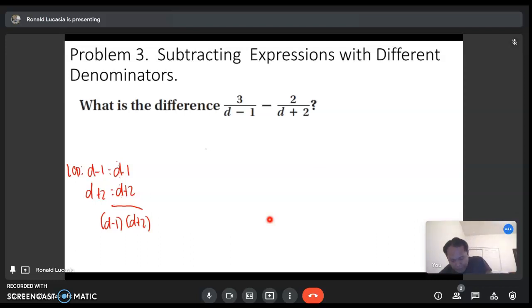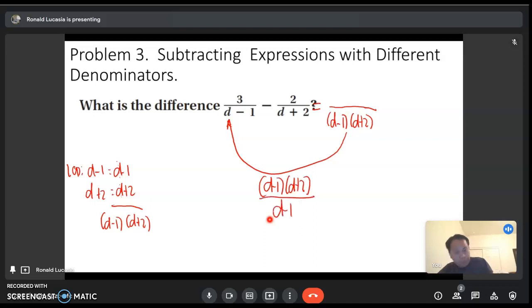So the LCD would be equal to (d minus 1)(d plus 2). So you divide this one, (d minus 1)(d plus 2), by d minus 1, then you can cancel this one. You are being left with d plus 2. You multiply it by the numerator, so it's 3(d plus 2) minus, for this one, (d minus 1)(d plus 2)